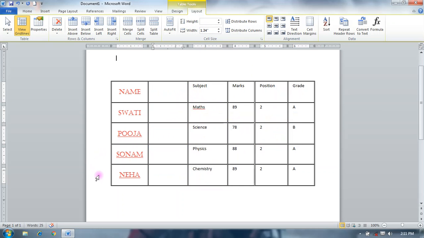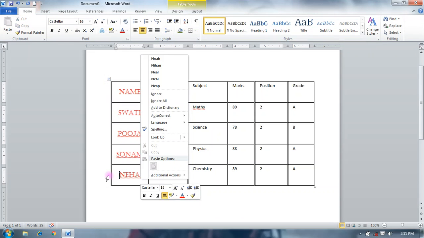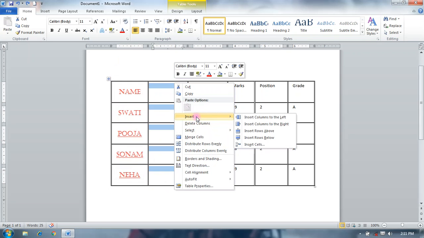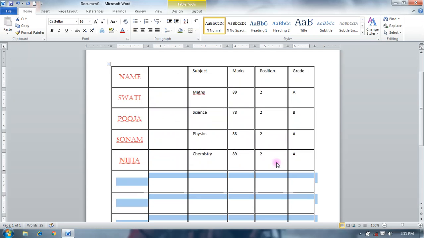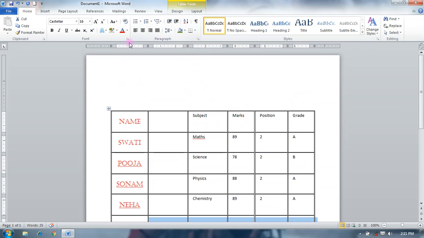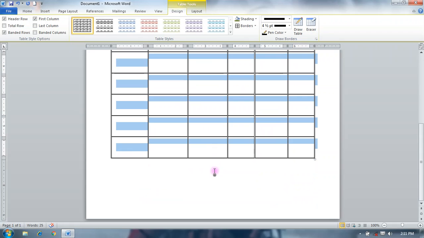This or like this. So this is your table style, table formatting options, which is used to make your representation effective and attractive.